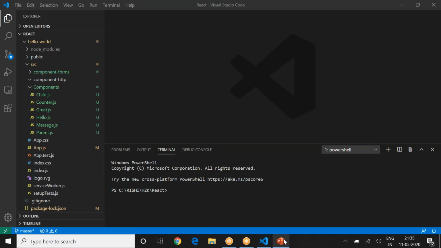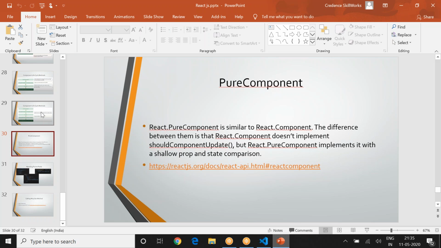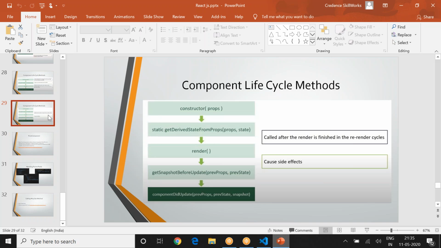Okay, coming back. Now we were up to this point. We actually learned about component life cycle, and we got to know where to put the risky stuff. What exactly is risky stuff? The HTTP call which you are going to place will be that. So that we learn.